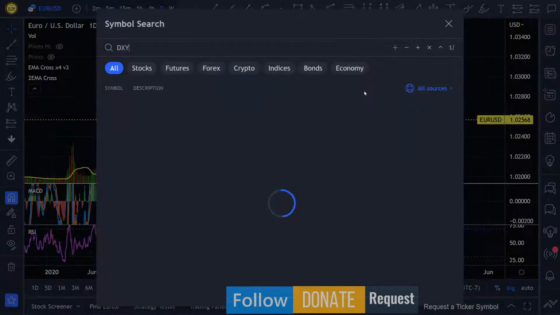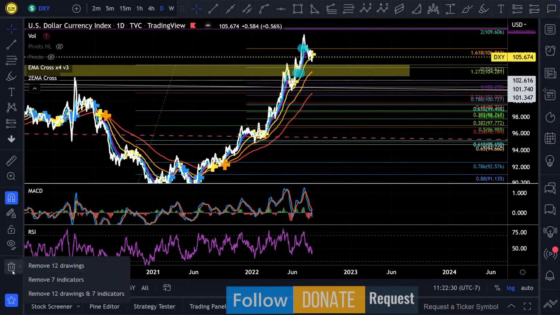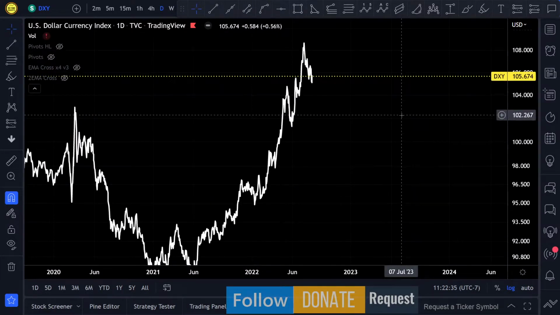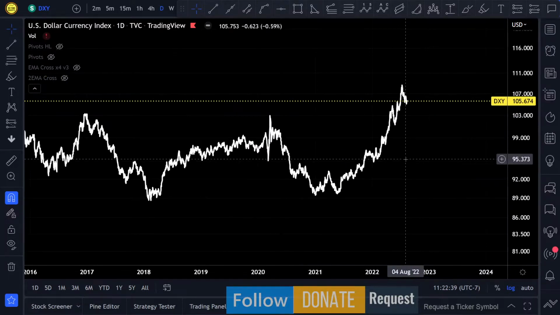Okay, let's take a quick look at DXY because we're talking about Forex right now. And I've been seeing some comments about the dollar currency index. I read a great quote from Jamie Dimon, the CEO of JP Morgan. There's an article on, I think, CNBC. I'm paraphrasing, but he was basically saying it's not the greatest forecast if I make a single point forecast, meaning that